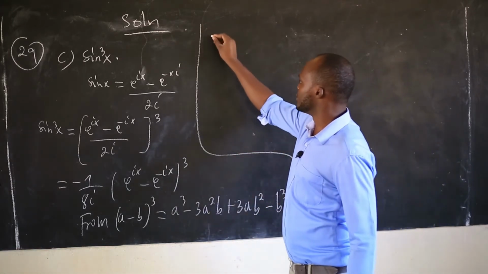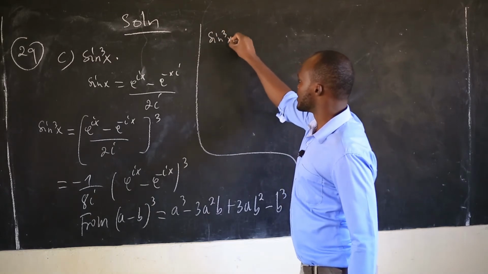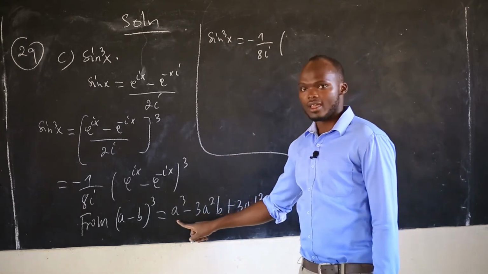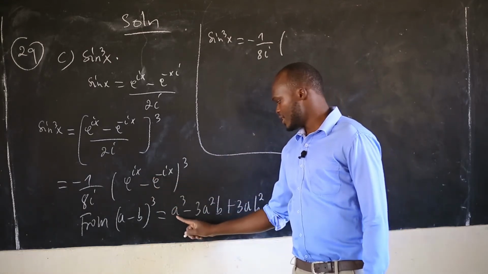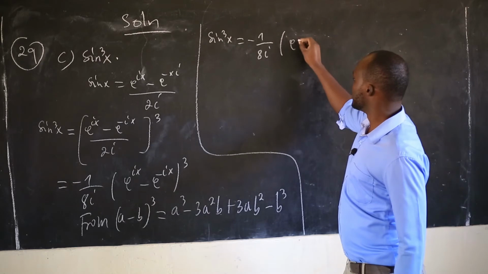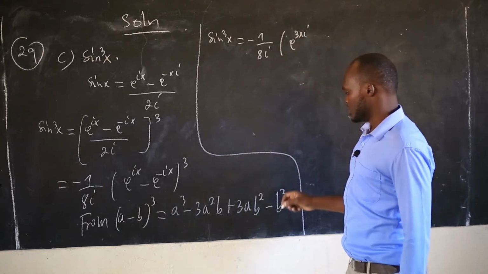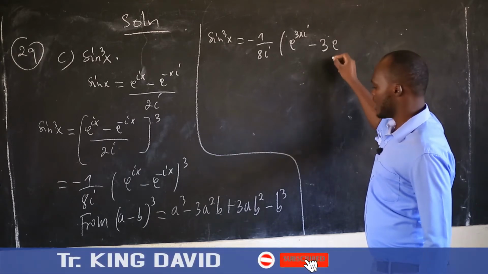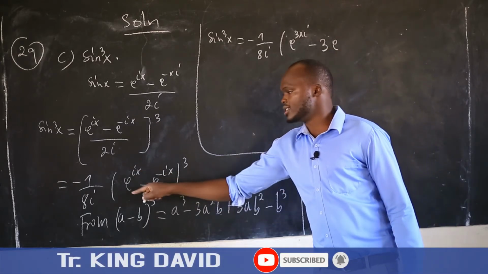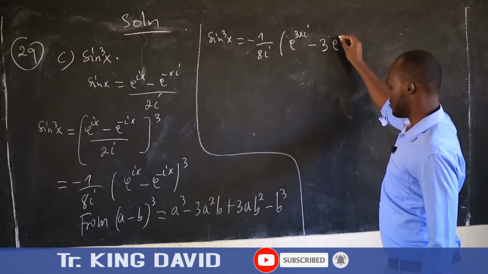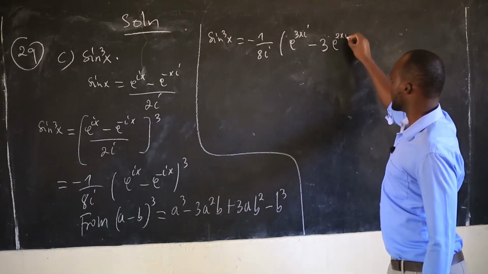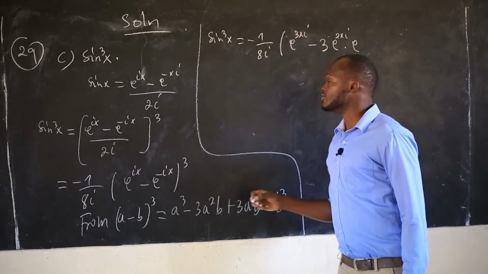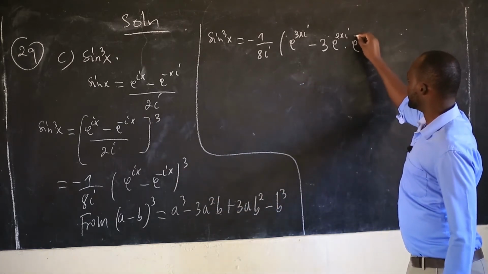So sine power 3x is equal to negative 1 over 8i into bracket. Our a is e power ix. a power 3 is e power 3xi. Then minus 3 a squared, because our a is this one, that is e power 2xi times b. b is e power negative xi